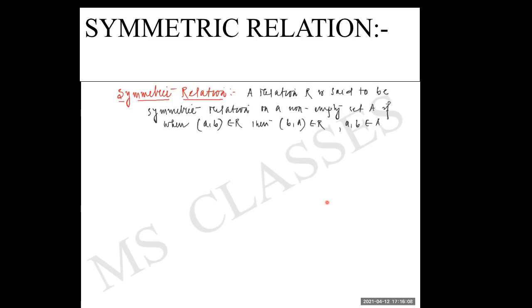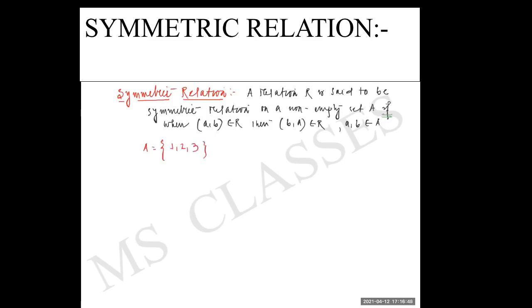What is the symmetric relation? Our relation is said to be symmetric when this holds. The word 'if' is very important here, children. If when (a, b) belongs to R, (b, a) also belongs to R. That means suppose in a particular relation you find that (a, b) is there. Then if you find (b, a), it is symmetric. If you don't find (b, a), it is not symmetric. Suppose I take an example, because it will be more clear, children.